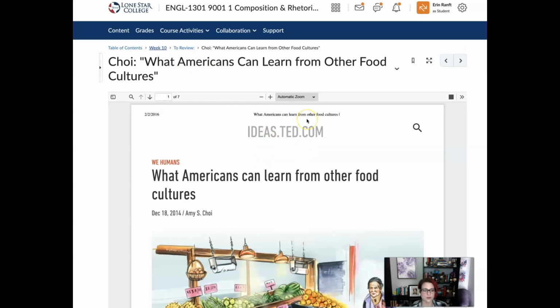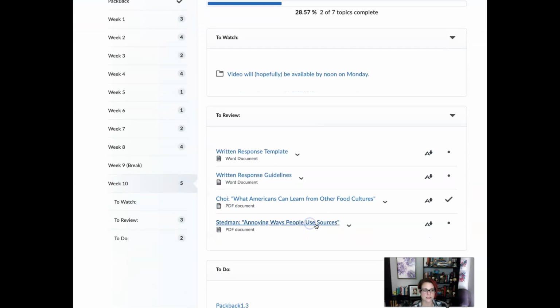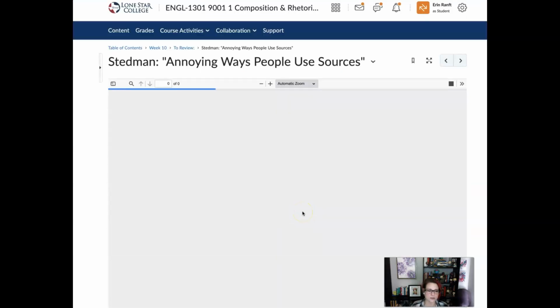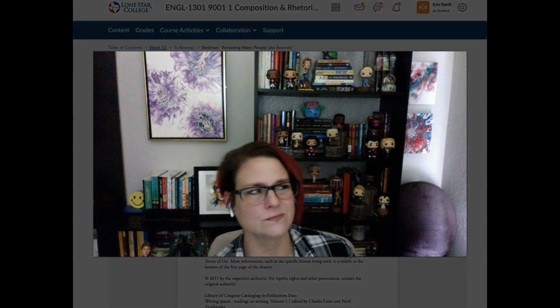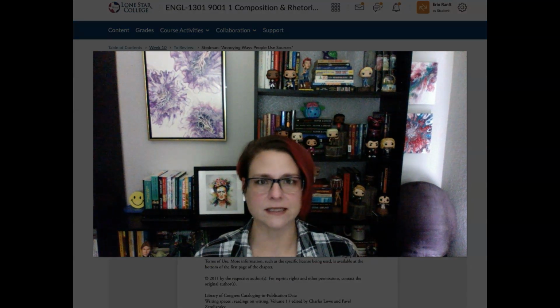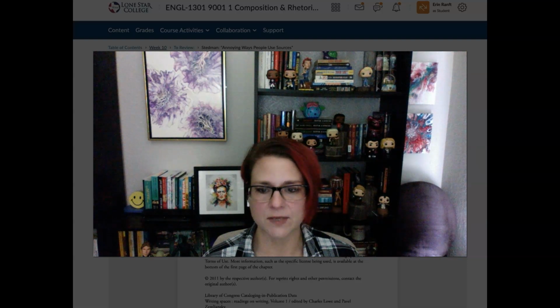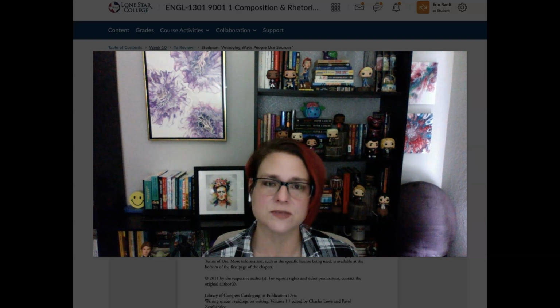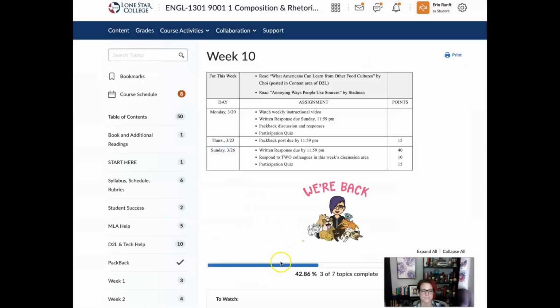And then if you look at Stedman's article, it's a little bit longer, but it's because he is really walking through examples of those annoyances or ways that readers can be confused with research. But he writes it in, I think, a very approachable way. So if we are struggling with MLA and how to organically or easily include research in our writing, Stedman's ideas, I think, are very helpful. Every semester, students let me know that it is a compelling read in terms of trying to help going forward using research.